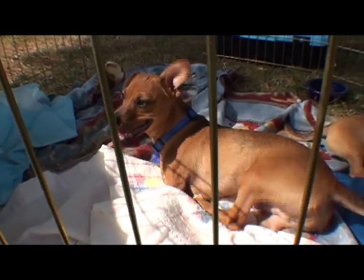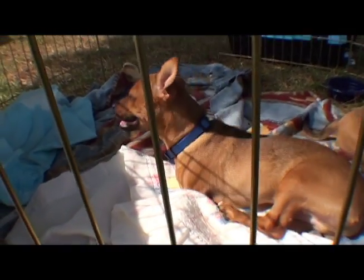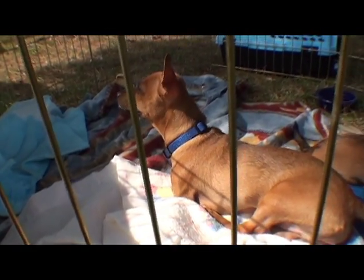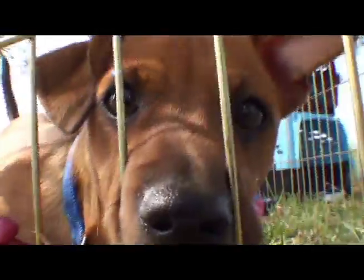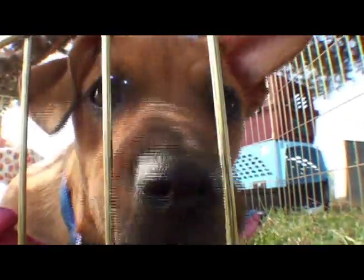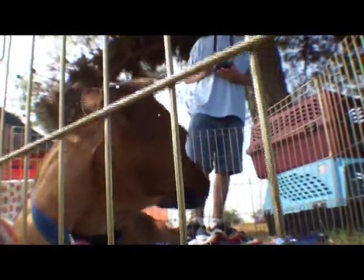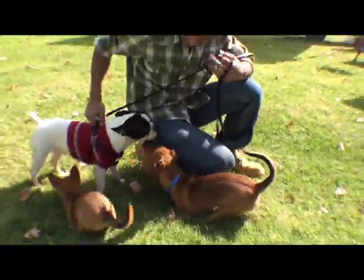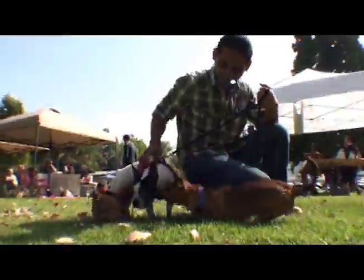Alan Bailey out here at the Pet Fair at Mount San Antonio College. With me, somebody who brought out a couple of very special friends. So what can you tell me about these little guys? Well, their names are Willa and Webster. They're Chihuahua mixes, and we pulled them from a shelter in Lancaster, and they were born without front legs, and